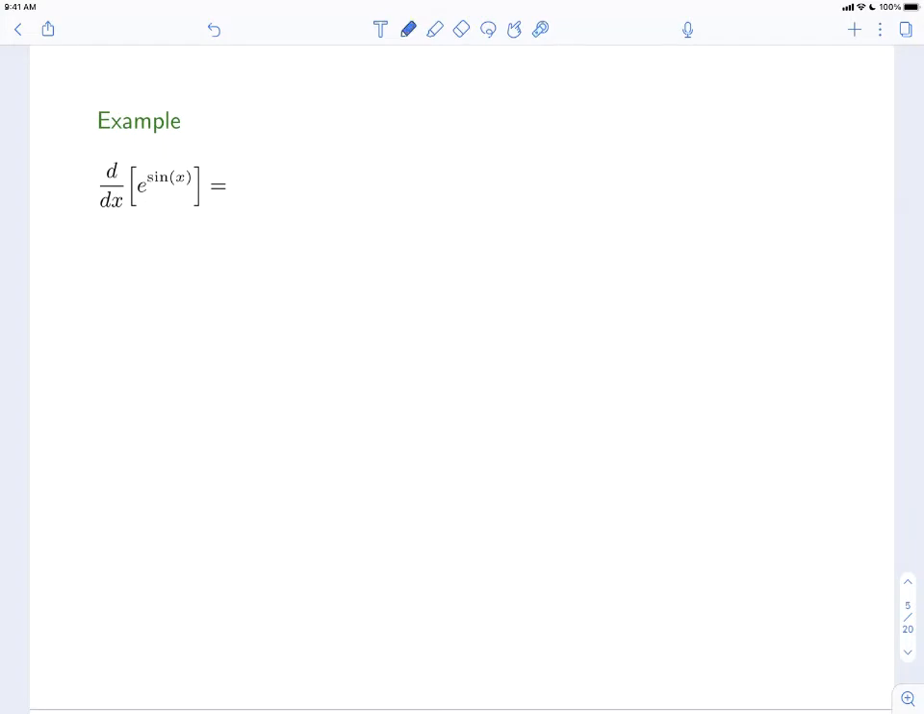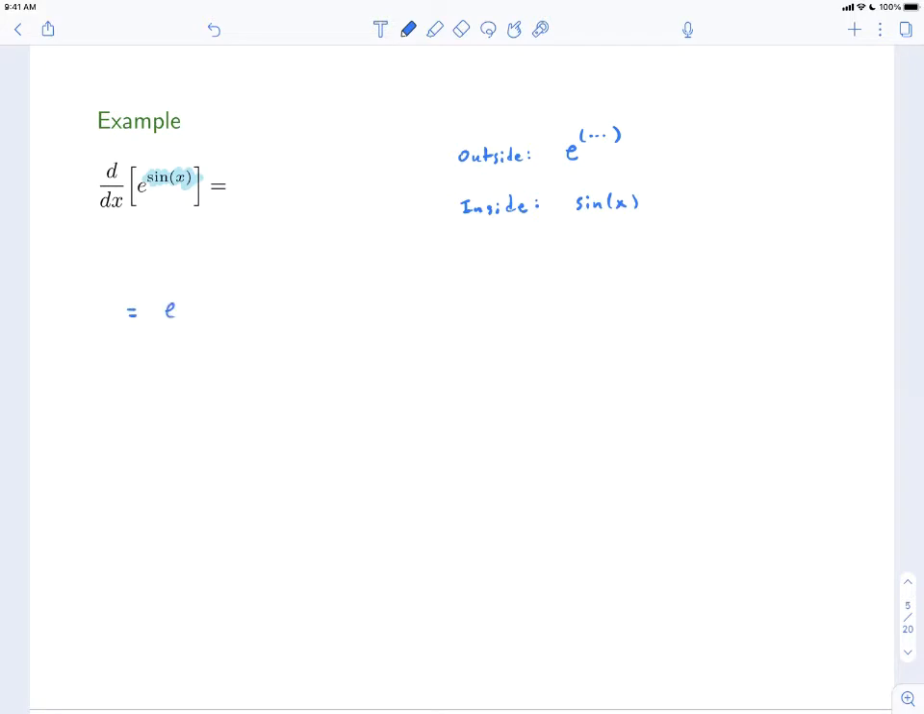We'll start with the derivative with respect to x of e to the sine of x. Now basically here we need to identify the outside and the inside functions. So when we say it's inside, we're talking about inside the exponent. So the outside function is e to the something, and the inside function is the thing that's inside those parentheses. It's sine of x. So the derivative of e to the something is going to just be e to that